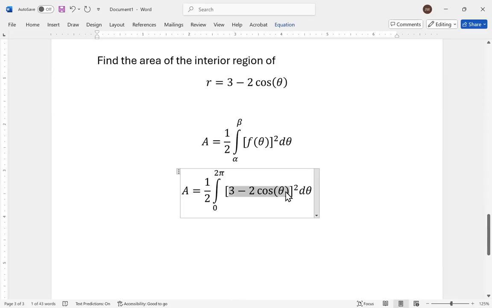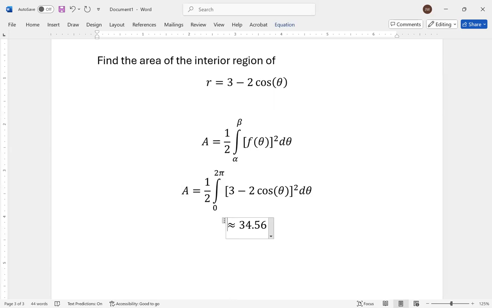If you only square the cosine, that's not going to be the same thing. So be careful when you do that. When I type that into my calculator, I got approximately 34.56,